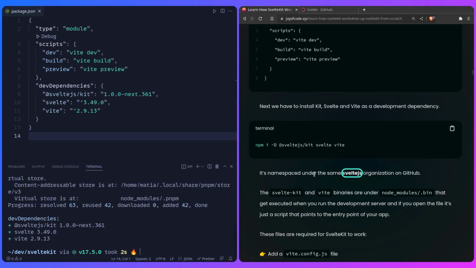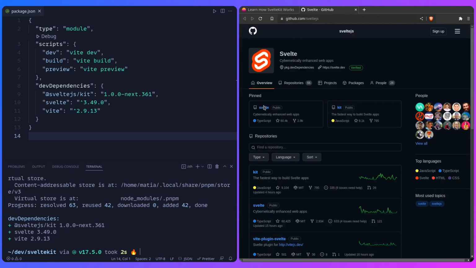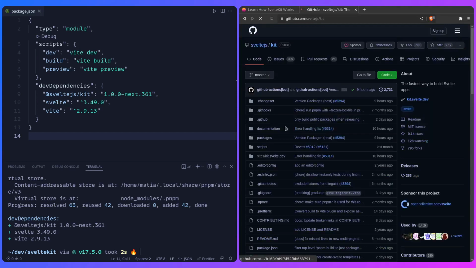And this is all namespaced under the sveltejs organization on GitHub. So Kit and Svelte, if we go to the repository, here is Svelte. So here is the Svelte package and here is Kit. And we're going to see how Kit also works, because if you go here, and maybe let me just bump